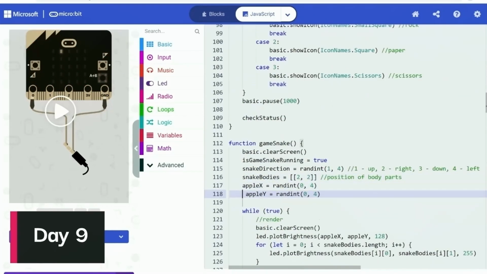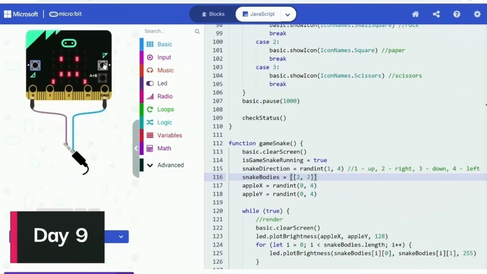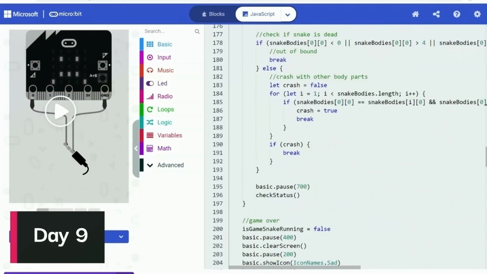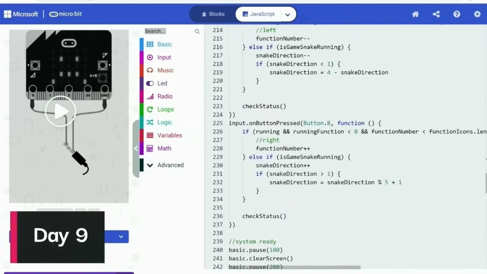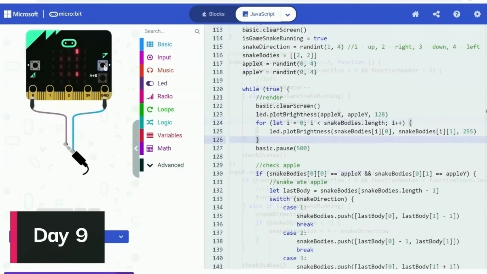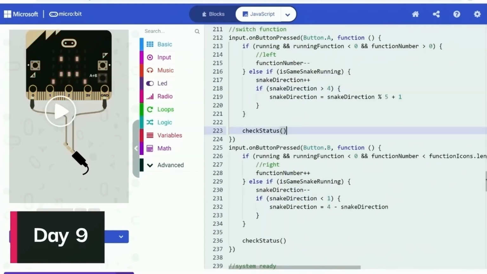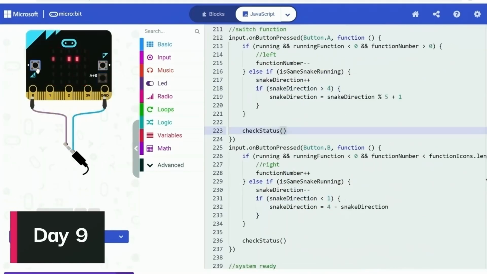Soon after I fixed a small issue about the initialization of the game in each round, I started to test the program and see if the game is working. But it didn't turn out perfectly correct. Button A to turn left was pretty much working, except that when the user pressed it the snake actually turned right instead. And button B, which is to turn right, was malfunctioning and didn't work at all. It turned out that I messed up the math operations to update the direction variable, and after the easy fixing, the game was pretty much working.